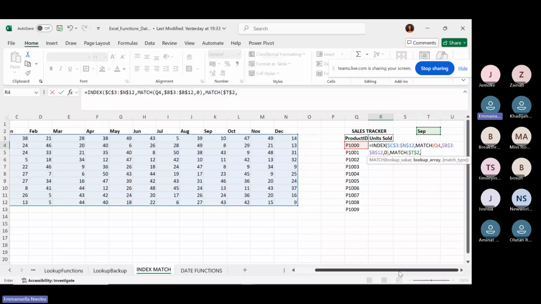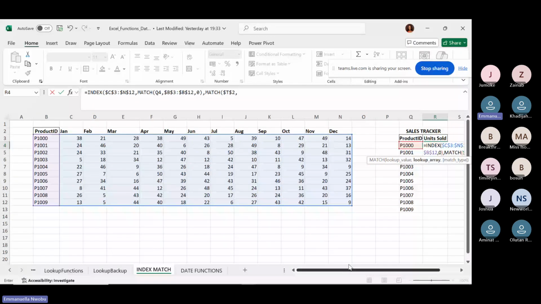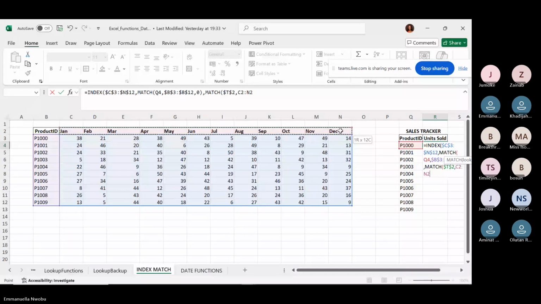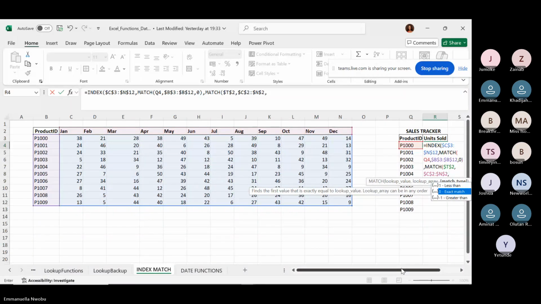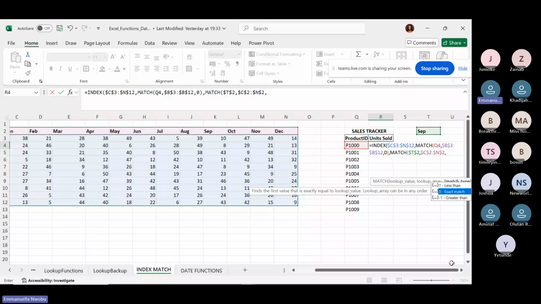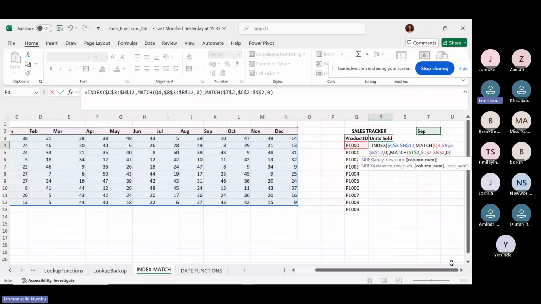So I lock this. And then where is my lookup array? My lookup array is right here. I'm going to lock this because I don't want it to move. And then I want an exact match, so that's 0, tab. So close this and then I go ahead to close this. So let's hit